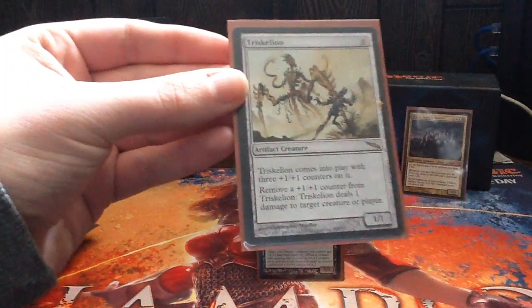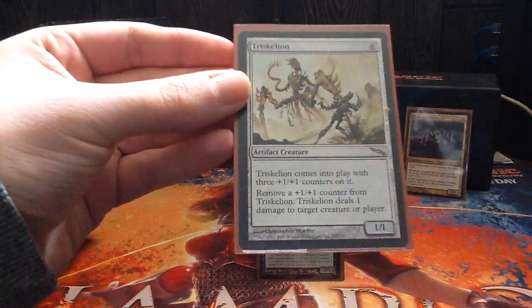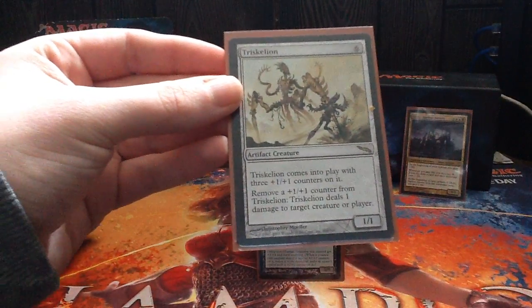Triskelion comes into play with 3 counters on him. Remove a counter from him, he deals 1 damage to target creature or player. He combos infinitely with